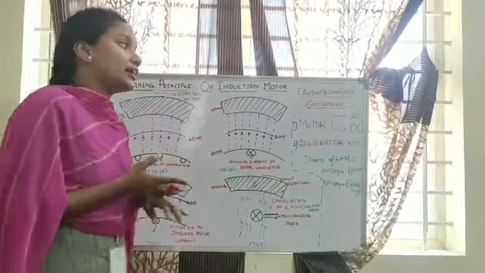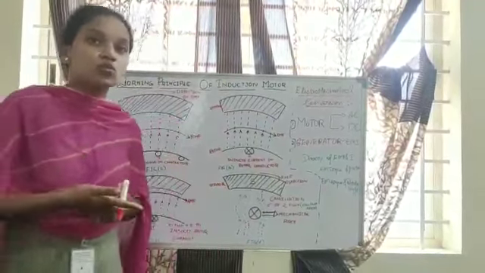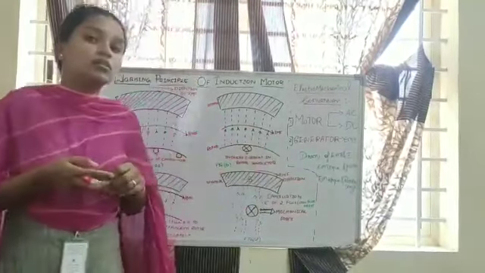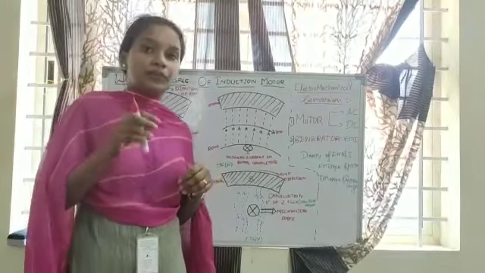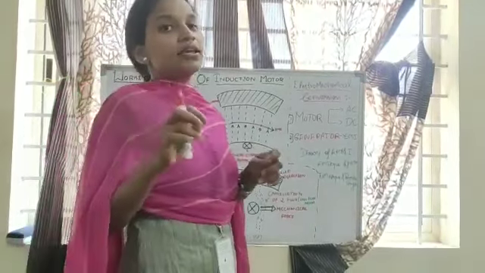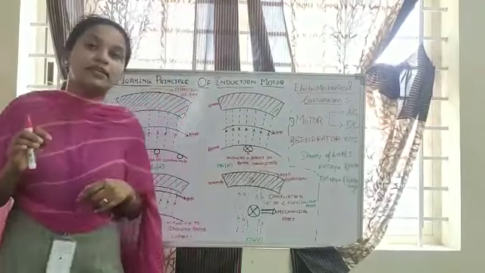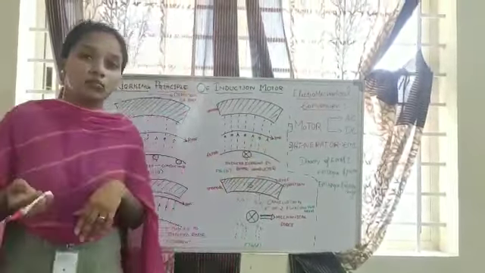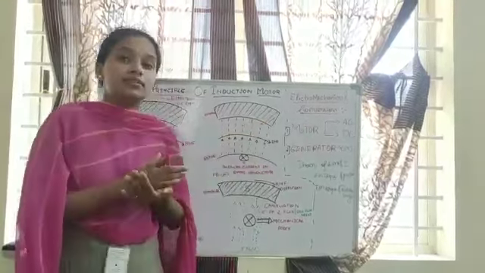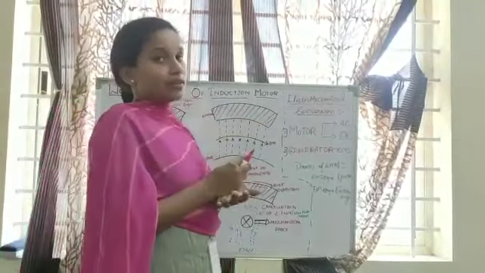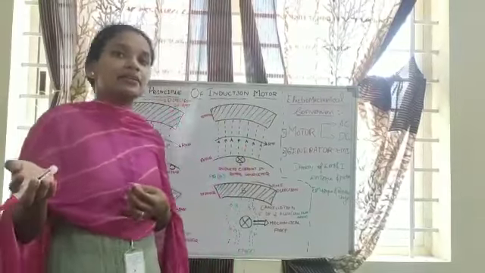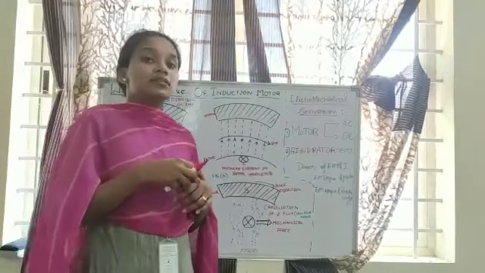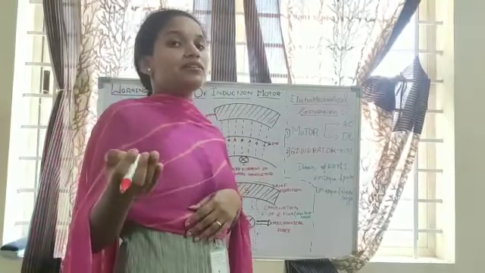So, examples of electromechanical conversion machines will be DC motors, synchronous machines, induction motors. As we know, a motor works on the principle that when a current carrying conductor is placed in a magnetic field, mechanical force is experienced by the conductor. That is a motor. Basically, a motor is a device which converts electrical energy into mechanical energy, whereas a generator is a device which converts mechanical energy into electrical energy.